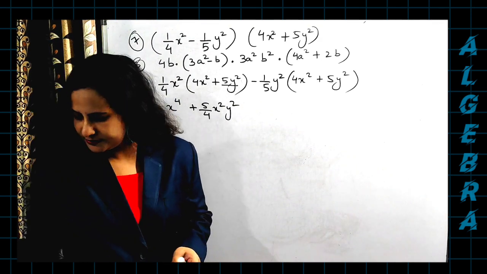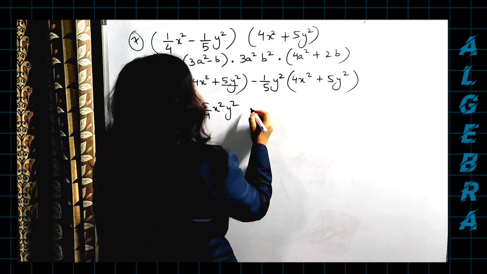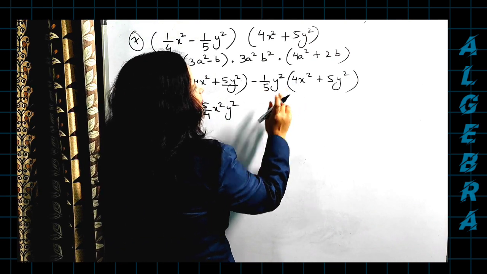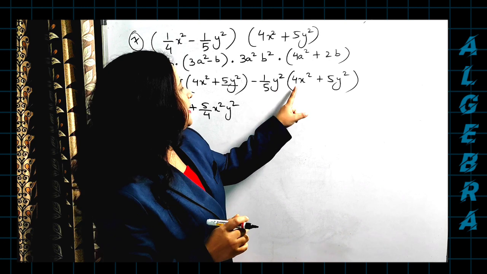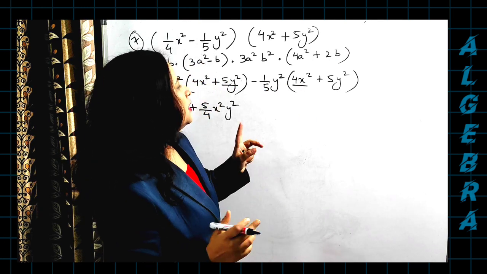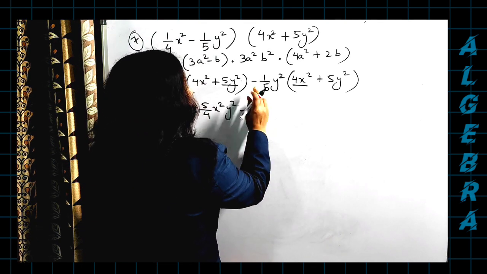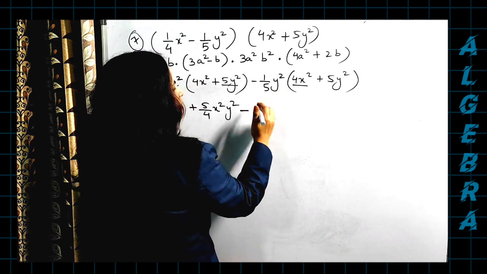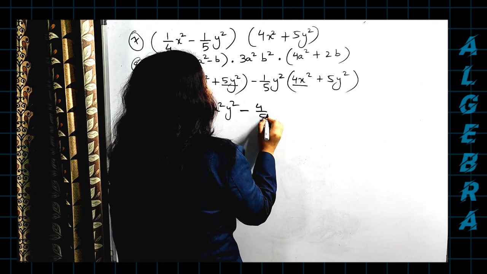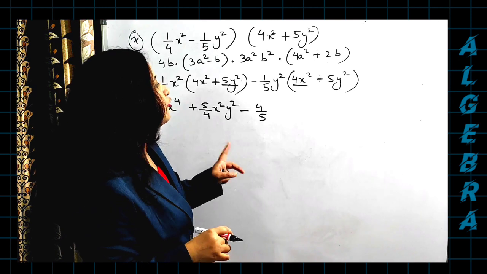The next. So we have already solved this part. Now let's come to the next one. Now minus 1 by 5 multiplied to 4. First you are multiplying with 4x square. What are you multiplying? Minus 1 by 5 multiplied to 4. Nothing cancels out. The answer will be minus into plus, minus first. Minus into plus, minus 4 by 5 you will get, or not? Yes. You will get 4 by 5, 1 by 5 into 4. Do it and see. 4 by 5.